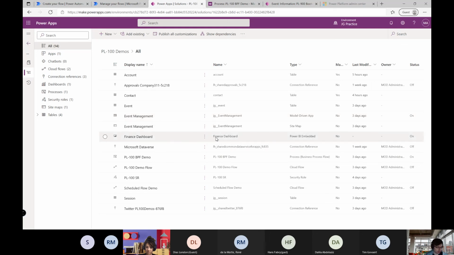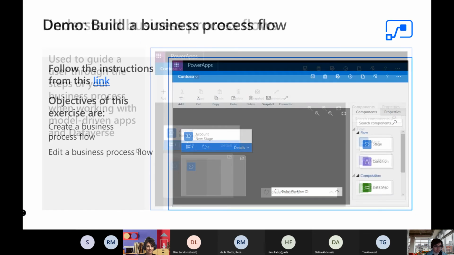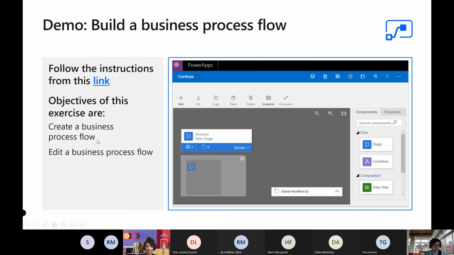So any questions on business process flows then before we move on? Okay then, so that